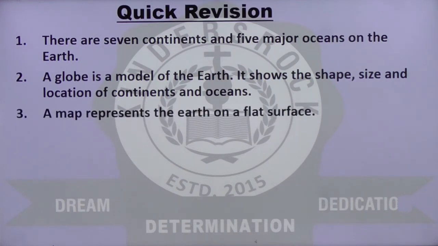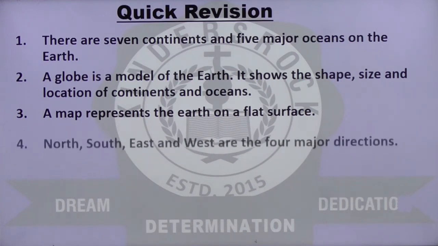A map represents the earth on a flat surface. Remember that, the globe is a model of the earth. It looks like the earth because of its round shape. A map is a flat representation of the earth.